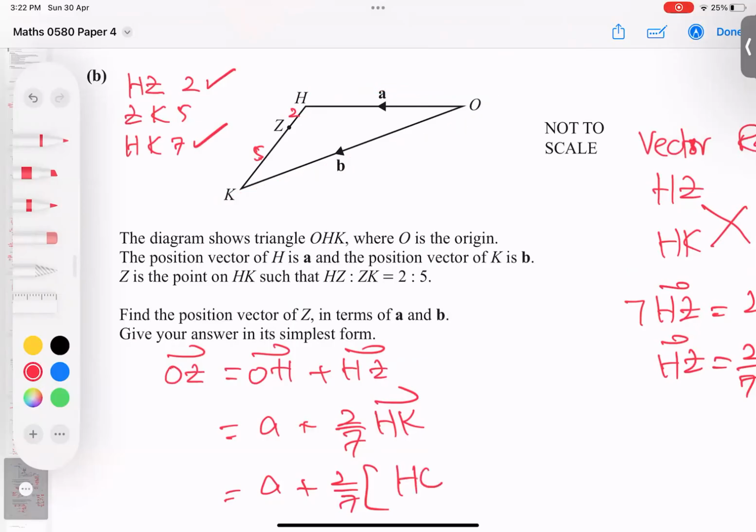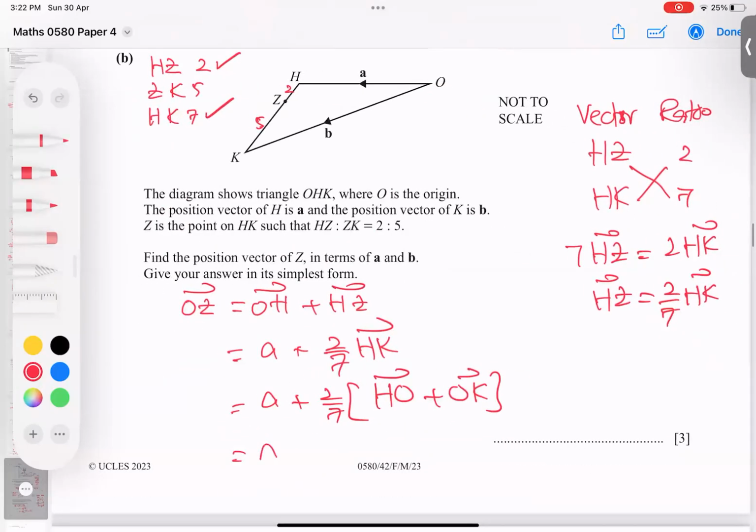I'm writing the full path, writing H2O and O2K. And H2O is very clear, students. I'm going backwards, it means this way. So negative A plus B. I'm doing it here now, the rest part. So OZ